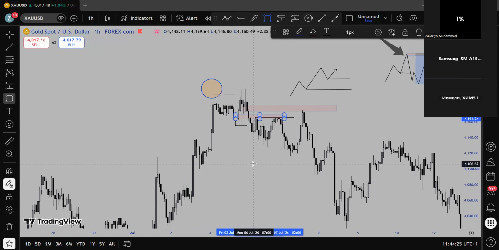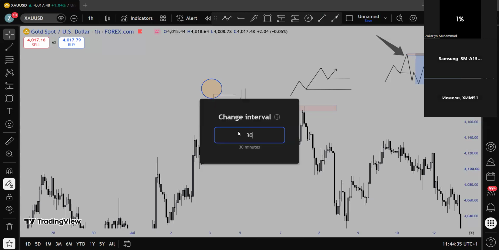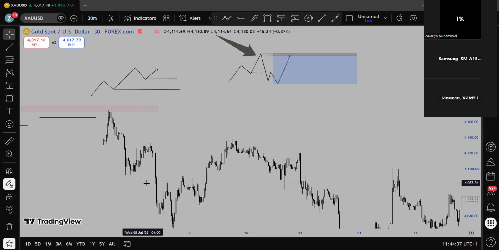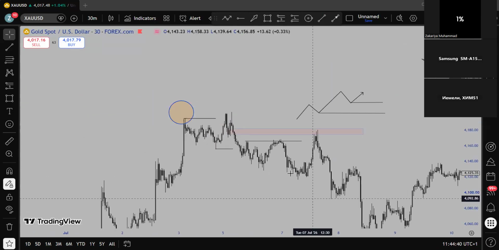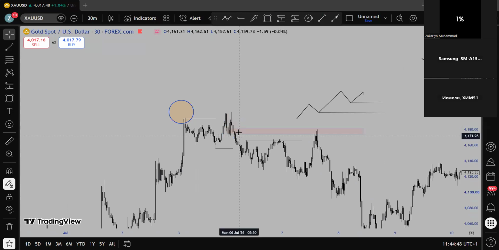This is our 1 hour time frame. You know, it's mitigated when the market is trying to create our liquidity. It mitigates the 1 hour time frame. So in the 1 hour time frame, know that this is definitely invalid. But if we go to the lower time frame, the 30-minute time frame is the same zone, but it has not been mitigated. So instead of covering all of these things for our 1 hour time frame as our order block, that's why we go down to the lower time frame. We look at different structures there.